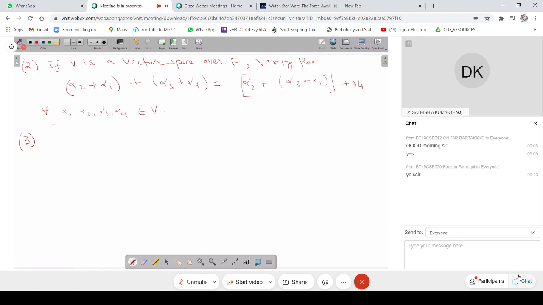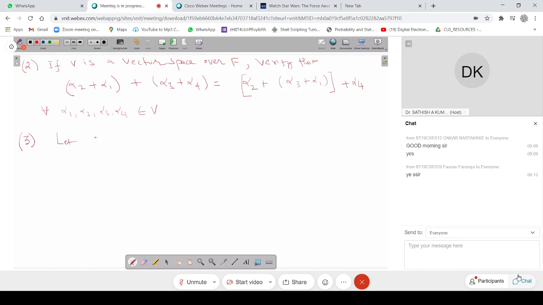Okay, so now we define something like this. If you consider R2, V is nothing but the set of all pairs x comma y, that is, a set of two-tuples x comma y only. Suppose we take V to be the set of all pairs. We don't know if it is a vector space or not. We have to verify whether this is a vector space.